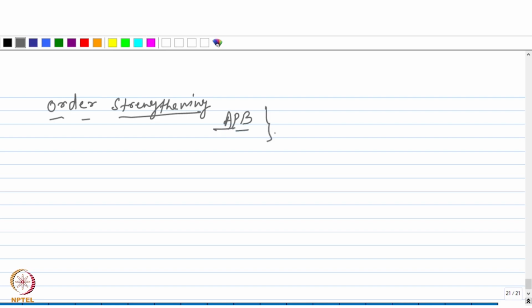The strengthening comes from the antiphase boundaries when the dislocations move through the precipitates and when the precipitates are sheared by the dislocations. So these are precipitates, which can be sheared by dislocations. So while the dislocations are moving through these precipitates, like many other precipitates which are actually non-deformable or not shearable by dislocations,